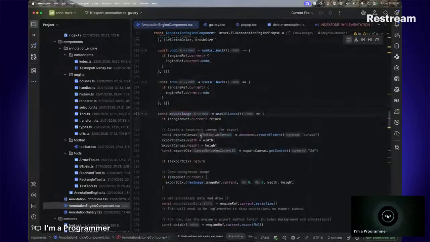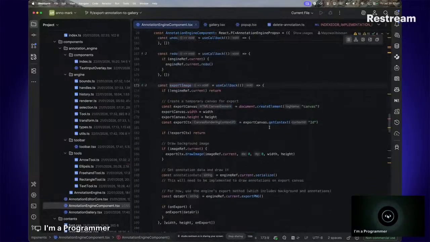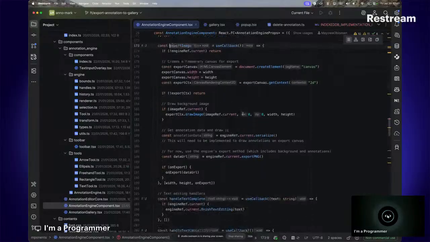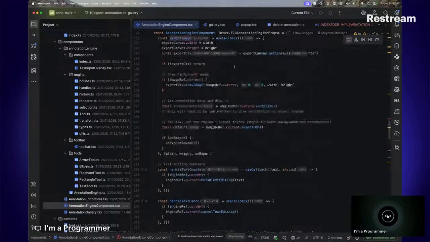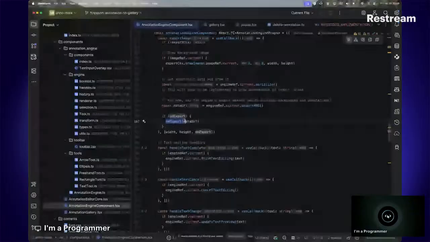Export image does this. It creates the element of a canvas. It gets the 2D context. It draws the image. This is where we are going to shrink, to compress the image because it's too large. So it calls the export PNG. The moment it calls the export PNG, we have the URL here, and then it sends it to the on export, which is cool. In this case, what you can do is create this same URL